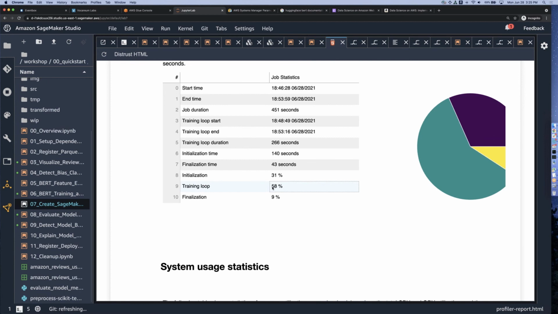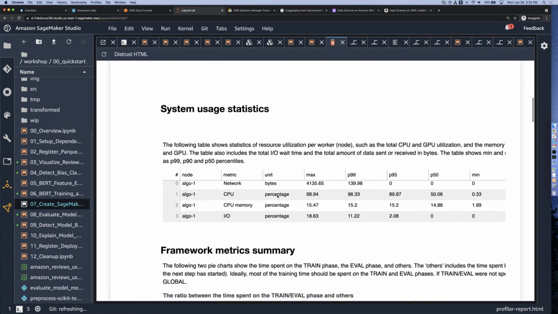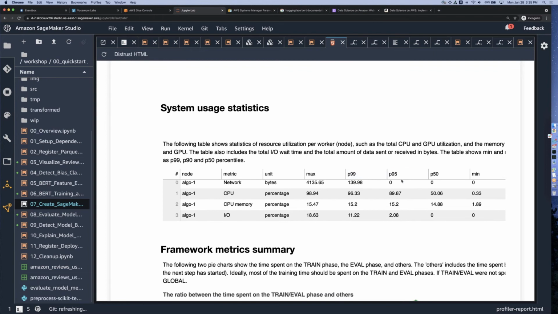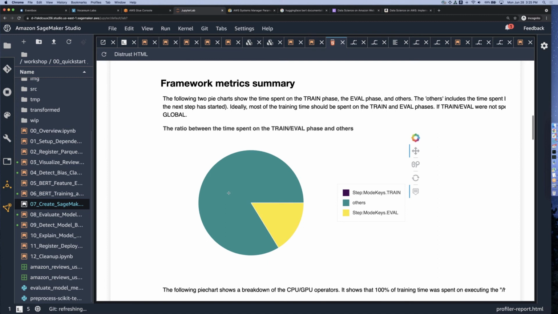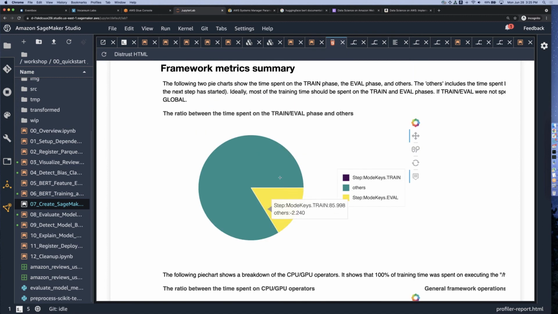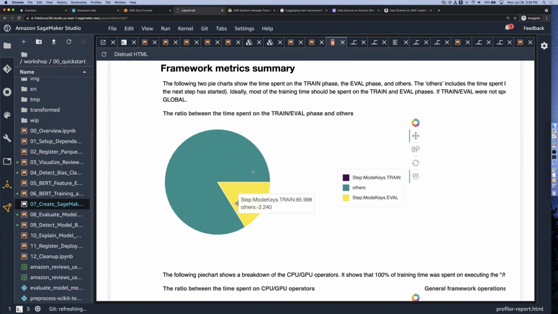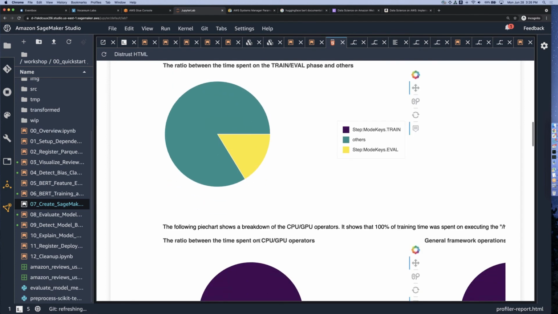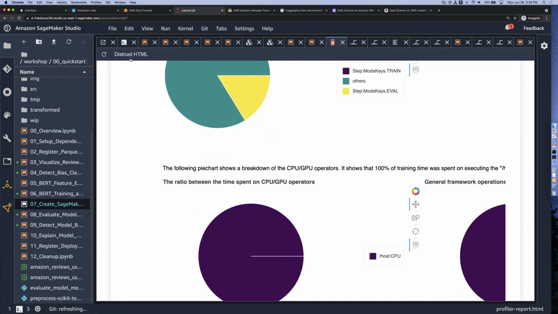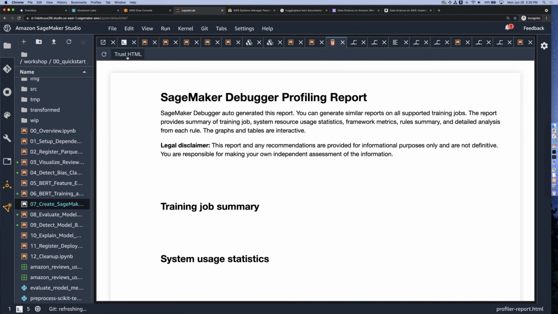Let me just get to the cool part. Oh, and then here's how much time was spent in training versus the evaluation. Once again, if you don't see these charts, make sure that you click Trust HTML and then maybe click the refresh. And then this is my favorite part. This is where it's saying if there's outliers,